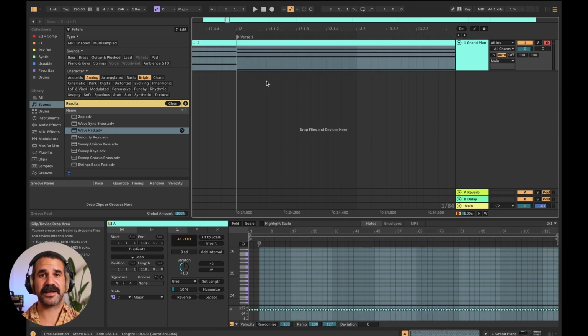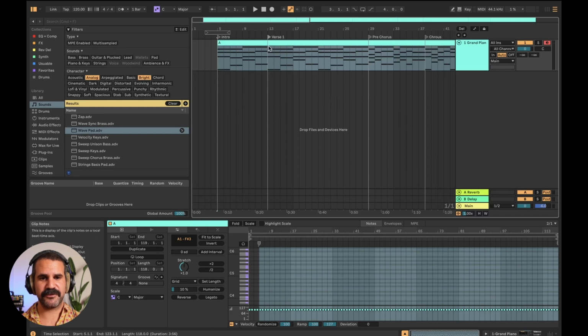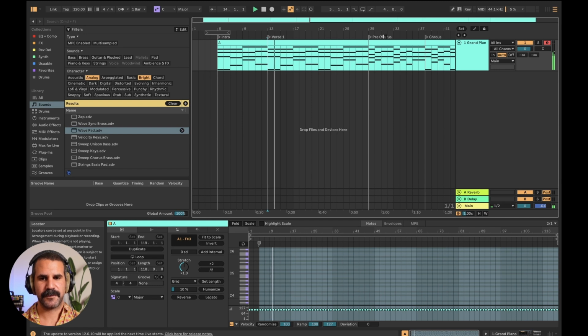Locators make it easy to navigate between parts of the song. For example, I see that the verse starts here. I can also press on the small triangle here and then it will start playing from the locator. If I want to jump to the pre-chorus